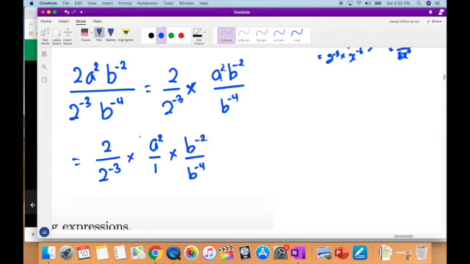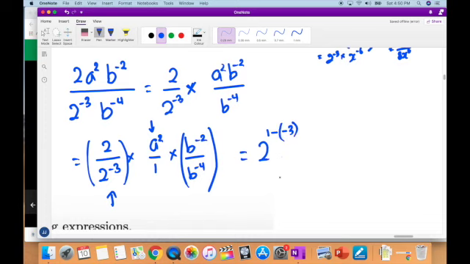Right? So you could see here that I can't do anything with the a squared, it will remain there. But I could work with this and I could work with this. Right? So let's tackle this one first. That is 2 to the power of 1 minus 3. And, Caitlin, you okay with that? Yeah. Multiplied by the a squared, multiplied by b to the power of negative 2 minus the negative 4. And